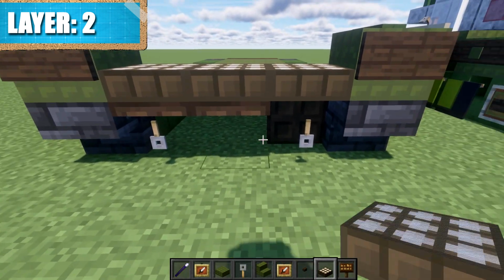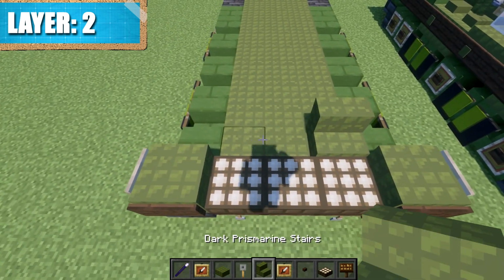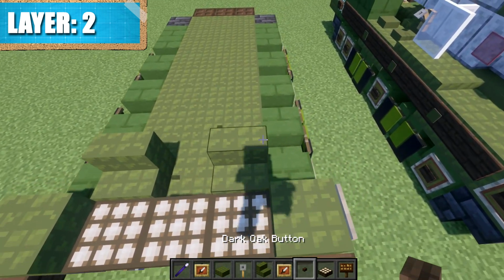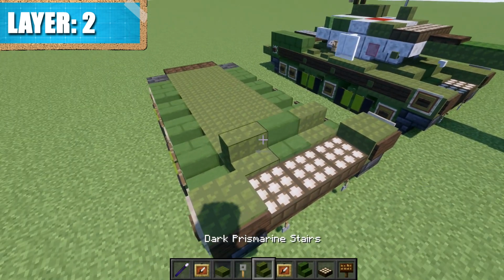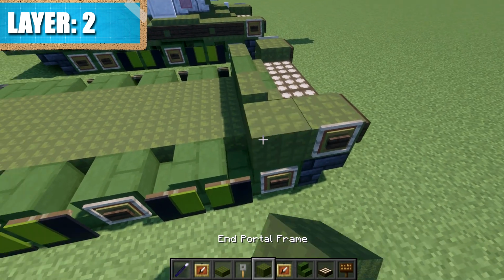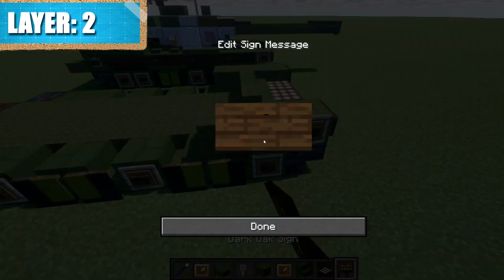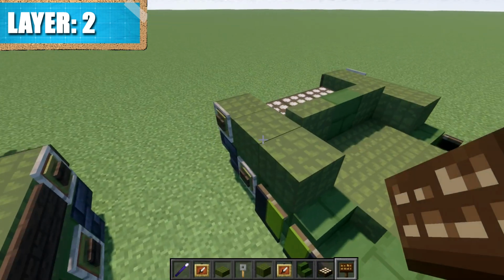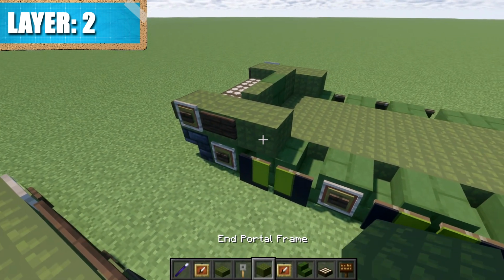These trapdoors on the bottom will open up. Just make sure you close those. And then we want to place down a prismarine stair to both sides here in the center. We're going to place down mossy stone brick. Again, I would recommend just regular prismarine if you are not using the resource pack. And then we're going to place down 2 end portal frames back along the sides here. We're going to place down a dark oak wood sign on this first one. And then we're going to place down an invisible item frame on the second one,